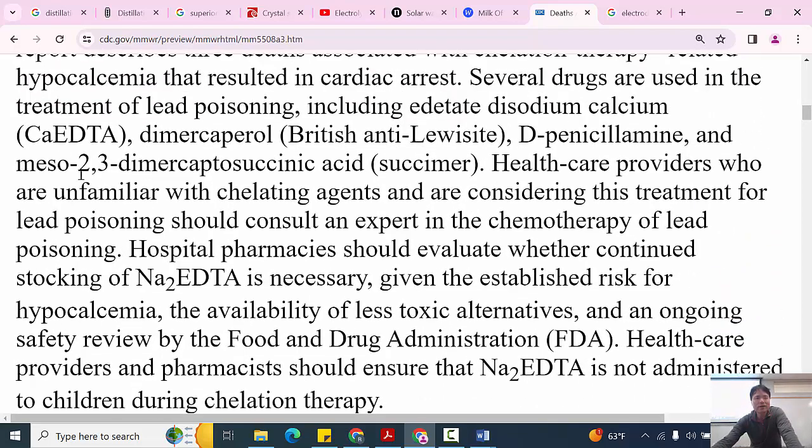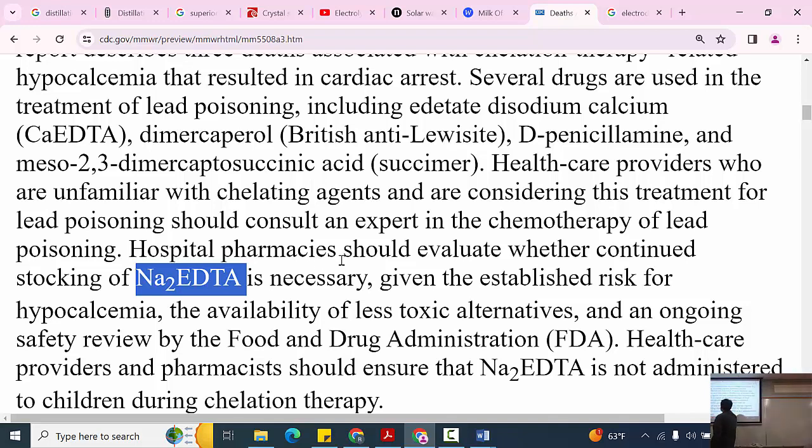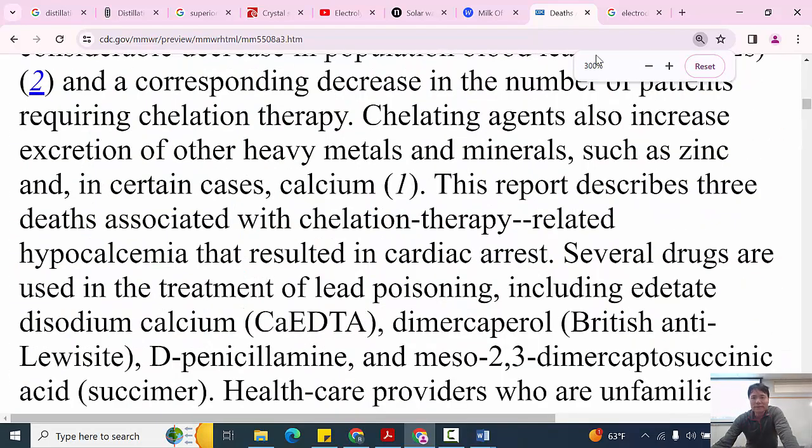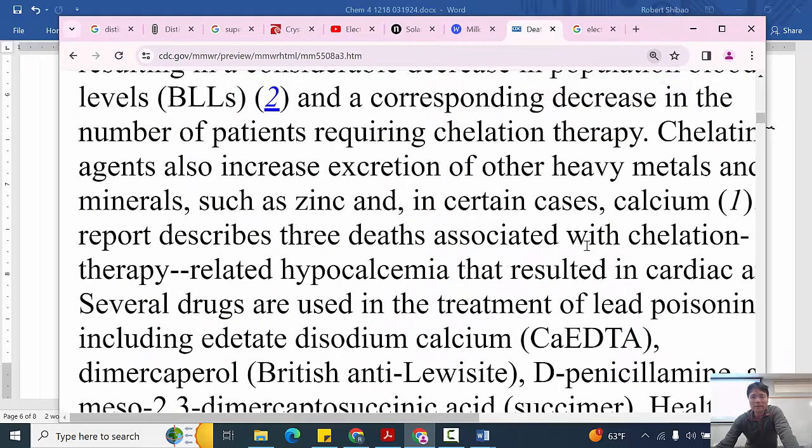And there's calcium EDTA, and there's sodium EDTA. For sodium EDTA, hospital pharmacies should evaluate them if it's necessary, because sodium EDTA,